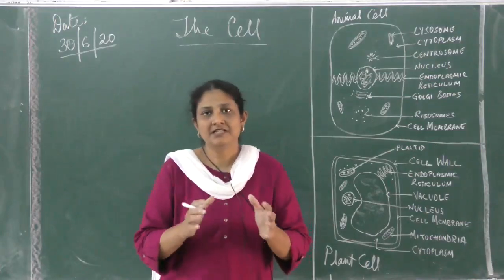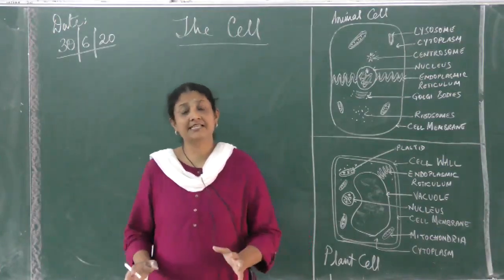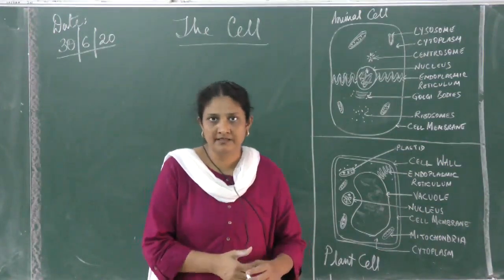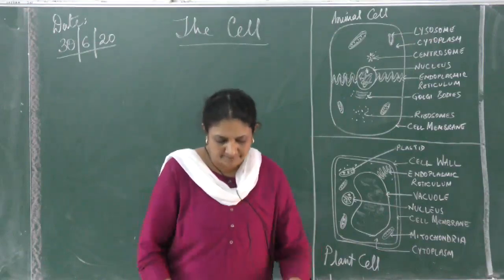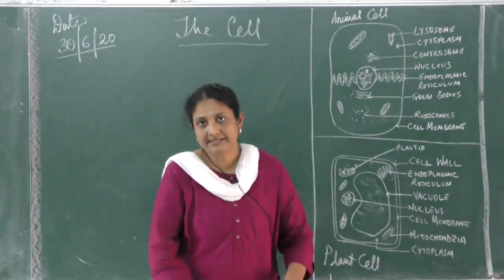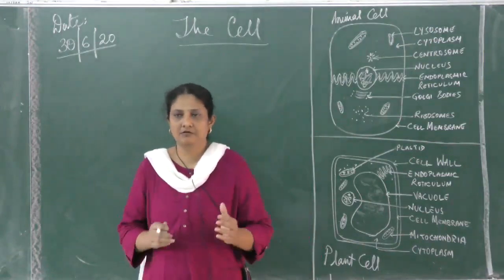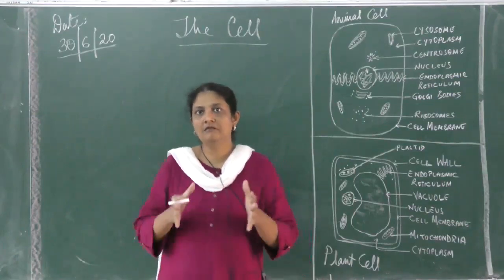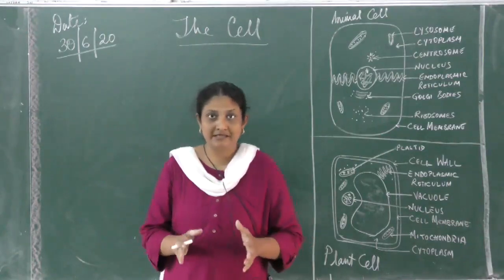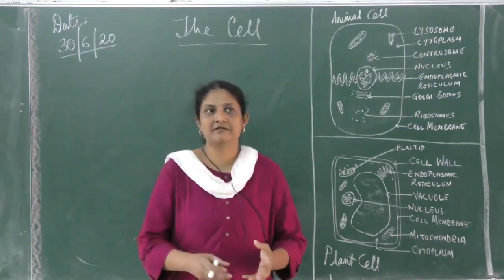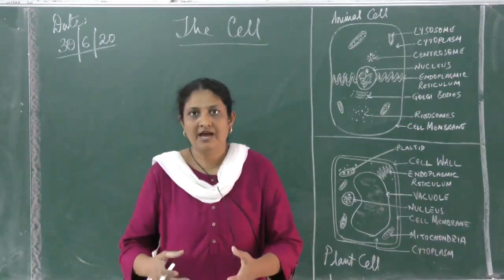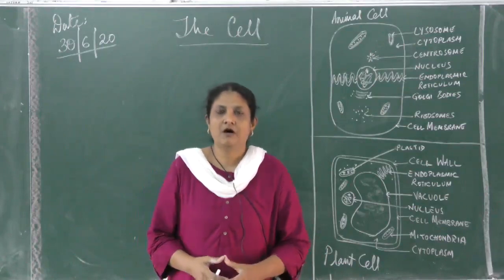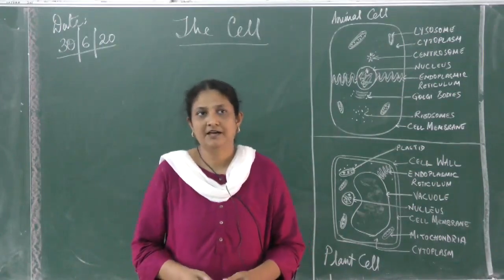So these tissues are made up of cells. Each cell is doing all the life processes, but specifically it is doing one very particular thing. In a multicellular organism, we have the phrase called division of labor. What does this mean? As I said, all the work cannot be done by a single cell; each does a specific activity. That is why we have muscular tissue or muscle cells. We have the different types of blood cells in the blood, that is the connective tissue, or you have the epithelial tissue.